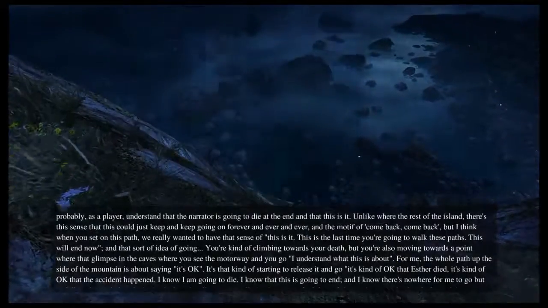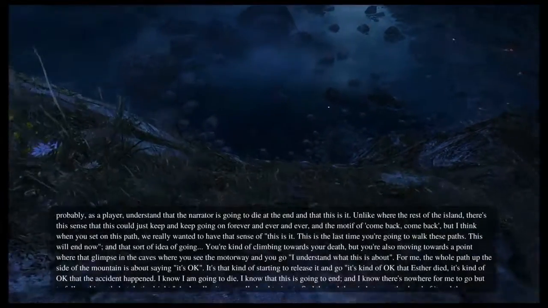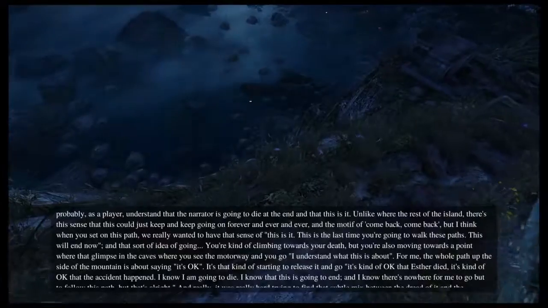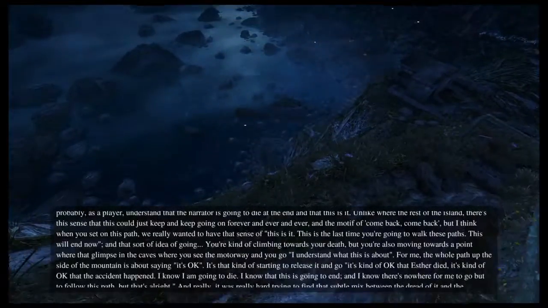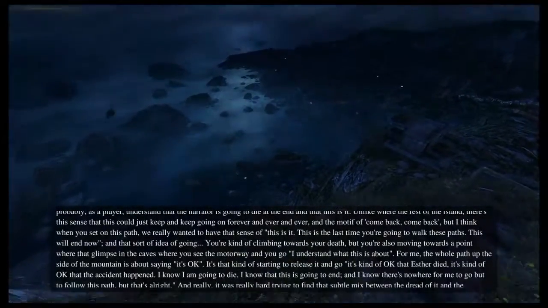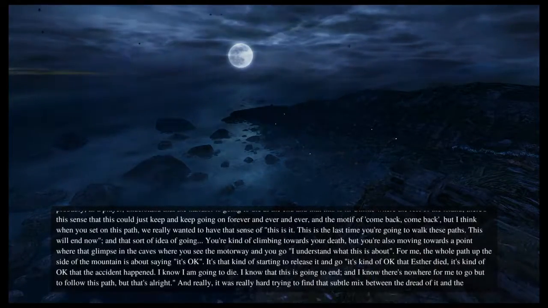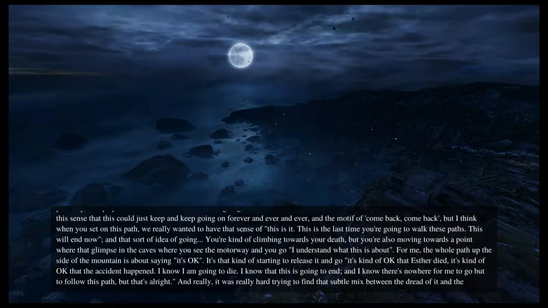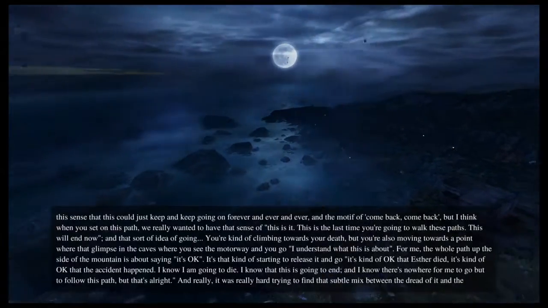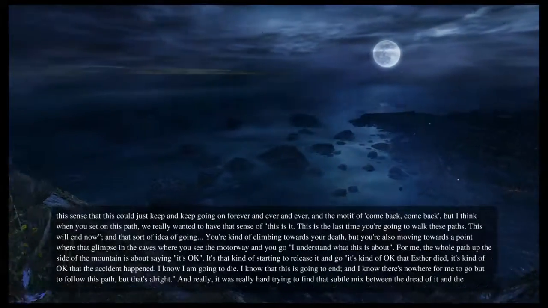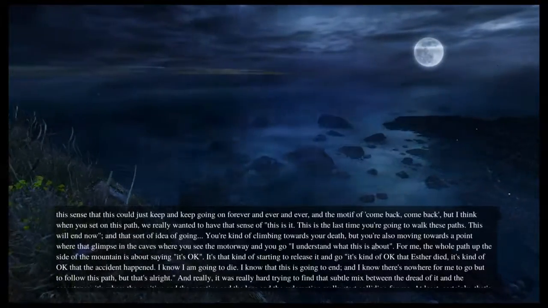And that sort of idea of climbing towards your death, but you're also moving towards a point where, with that glimpse in the caves where you see the motorway, you go, I understand what this is about. For me, the whole path up the side of the mountain is about saying, it's okay. It's starting to release it and go, it's okay that Esther died. It's okay that the accident happened.